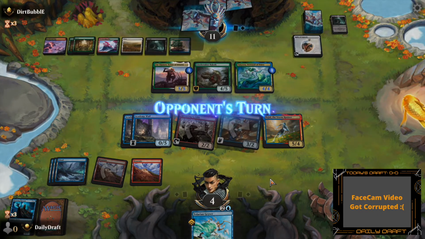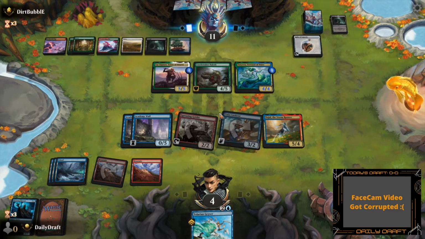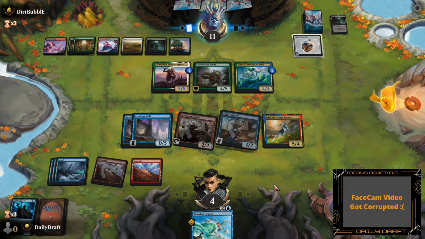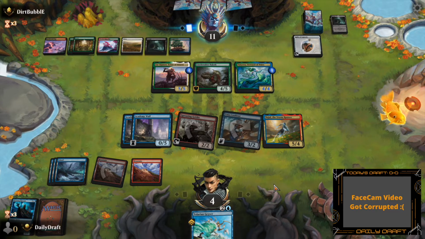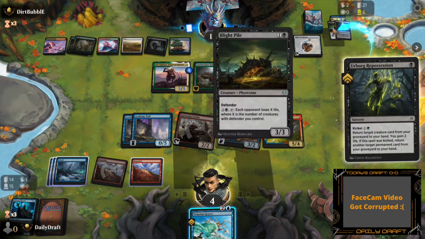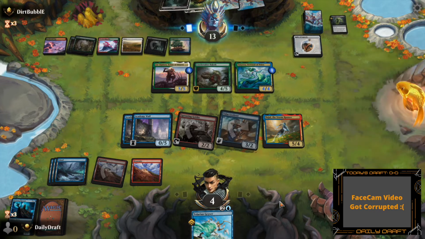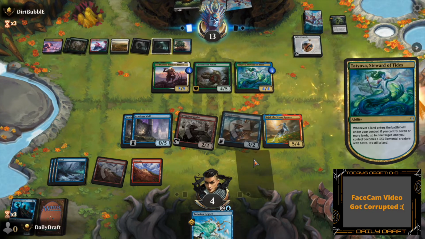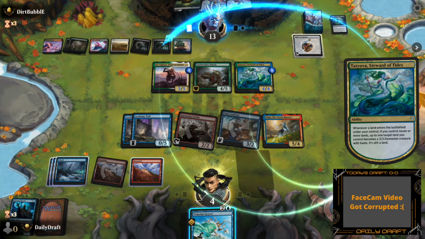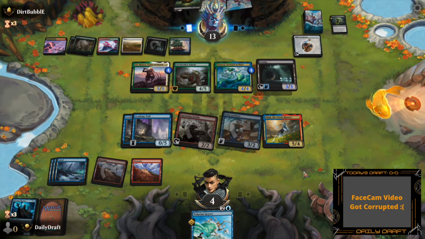So let's end the turn then. See if they tap their creatures to enlist or something. Oh my god. Yep. And it has haste, so...